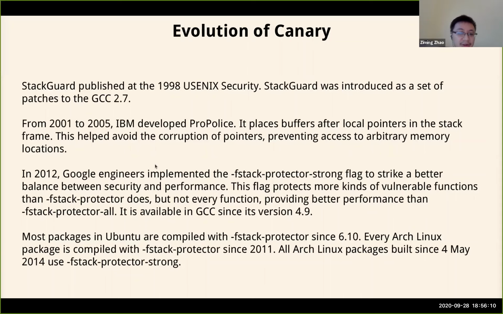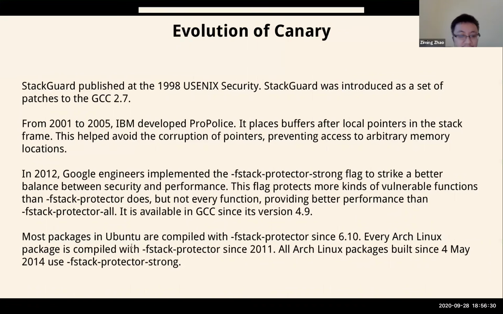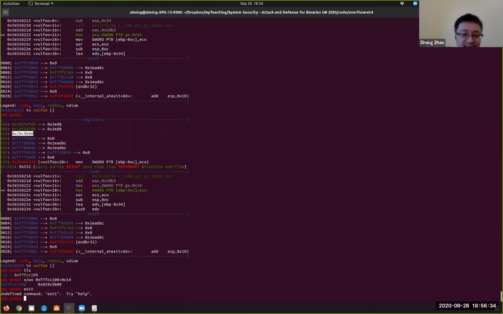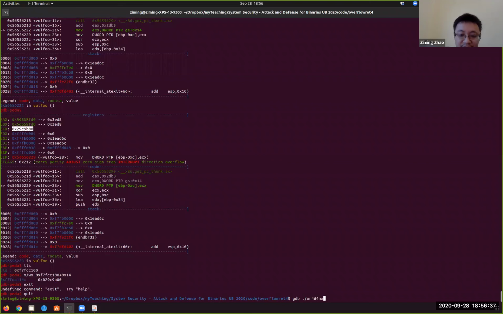Then 8 years ago, Google actually implemented something called the Stack Protector Strong flag. So what I'm using is a Stack Protector flag, or you can use a Stack Protector All flag. The Stack Protector All flag will protect all the functions. What I'm going to show you here, the default one is a Stack Protector flag, and that flag you can see if we do